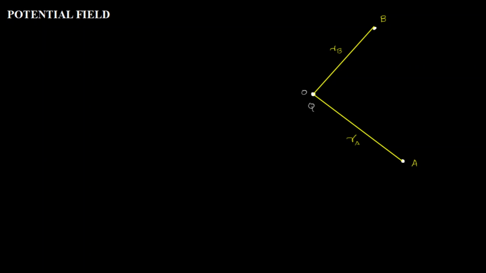Now what I am going to do is consider a unit positive charge. Remember, a positive charge whose magnitude is unity. I am taking such a charge and trying to move it from the initial point A to the final point B through this field, because this Q is already establishing some field. So I am trying to move a unit positive charge from A to B in the field created by Q.